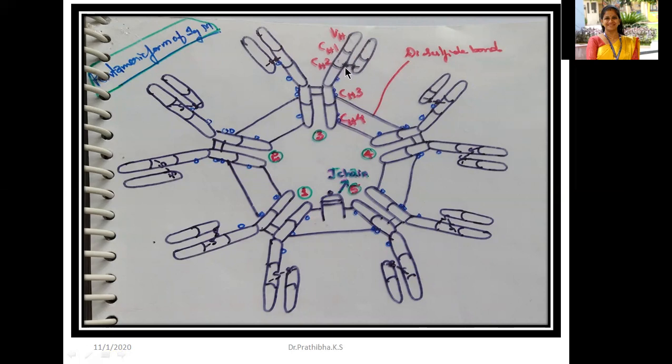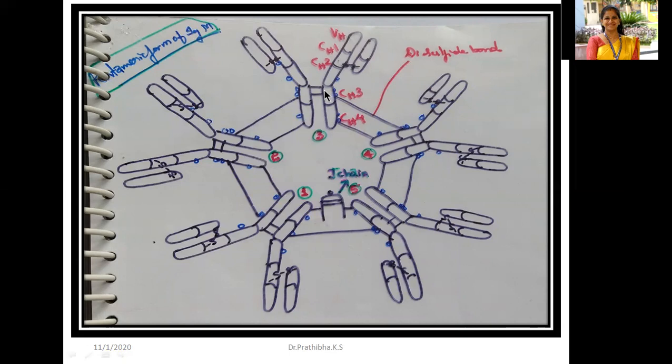And here is the presence of interdisulfide bonds, whereas in all these heavy chains and the light chain, you can see the presence of intradisulfide bonds. So all the individual immunoglobulins are connected by the disulfide bond. Okay, you can see here the disulfide bonds which are connected and again stabilized by the J chain or joining chain. You can see first immunoglobulin, second, third, fourth, and then fifth. Together, this is known as the single immunoglobulin molecule IgM, which is pentameric.